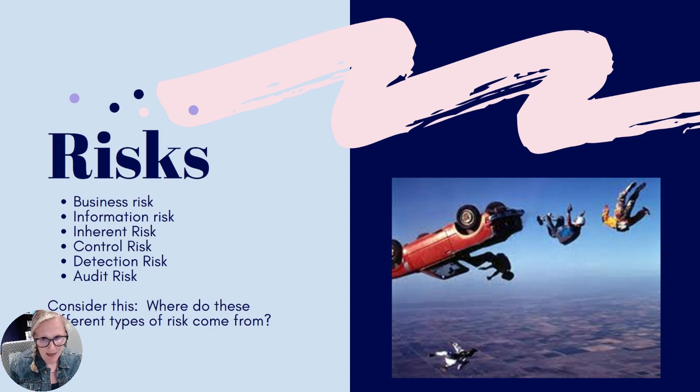And then finally, audit risk is the probability that our audit will fail to detect material misstatements and therefore express an incorrect opinion. Again, our whole thing that we're trying to do, that very low bar that we're getting over, is this idea of risk and audit risk and issuing the correct opinion. So if we flub that opinion, that's going to be audit risk.